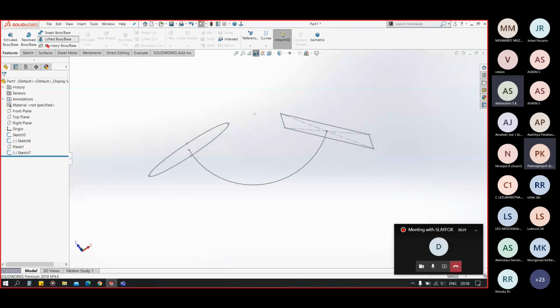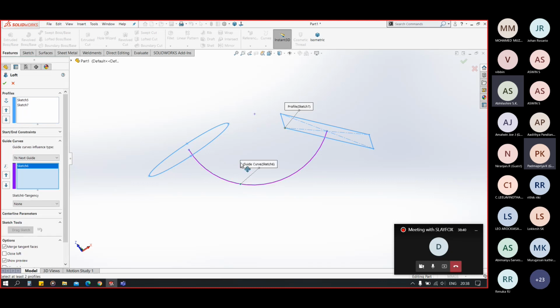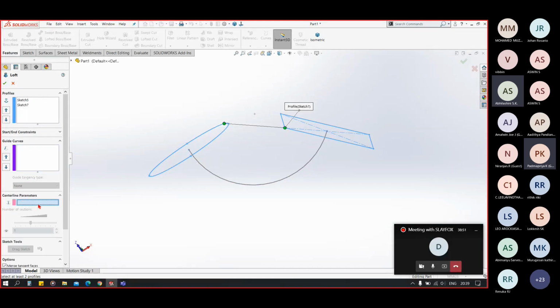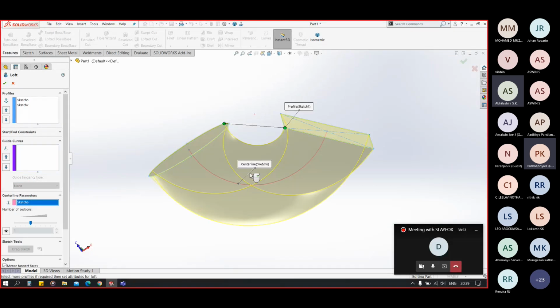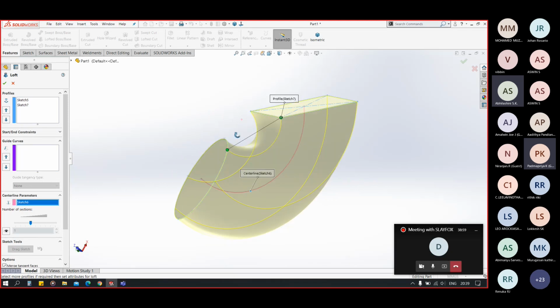Now you can see we are going for a lofted feature. In that, we will select our two profiles. Now I will select the guide curve. You can see it will give some errors. For that, I have selected a center line.